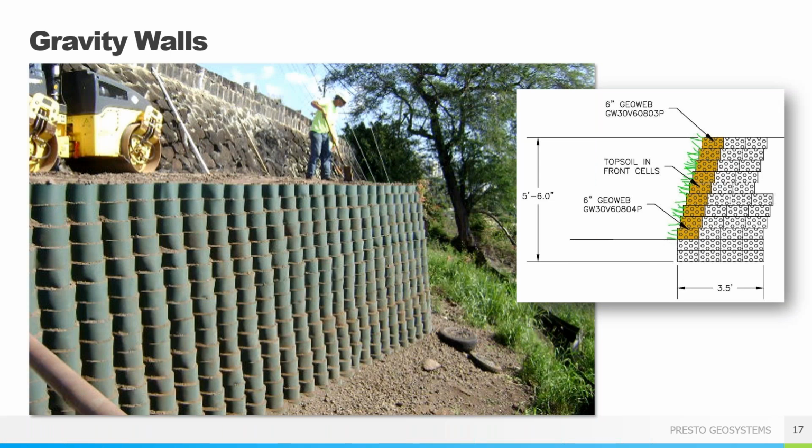So let's talk about gravity versus reinforced. Gravity walls, once again, no reinforcements. Rule of thumb, typically we don't follow FHWA, and our program is built for that. About 8 feet is generally the max height for some type of gravity walls. We do have different panel lengths, and when I say lengths, it's different cell lengths. We have 3 up to 7 panel cell lengths.